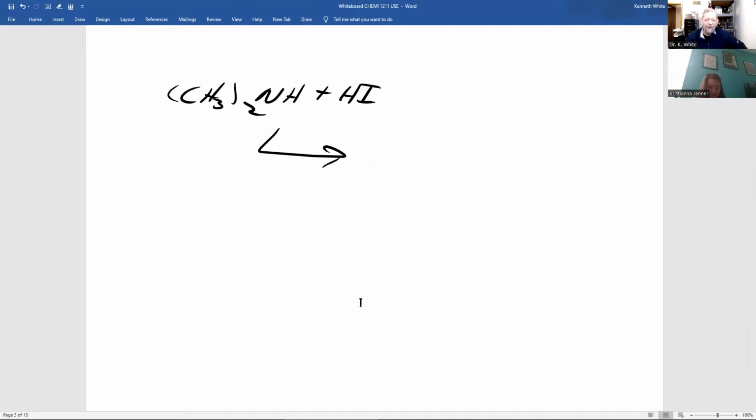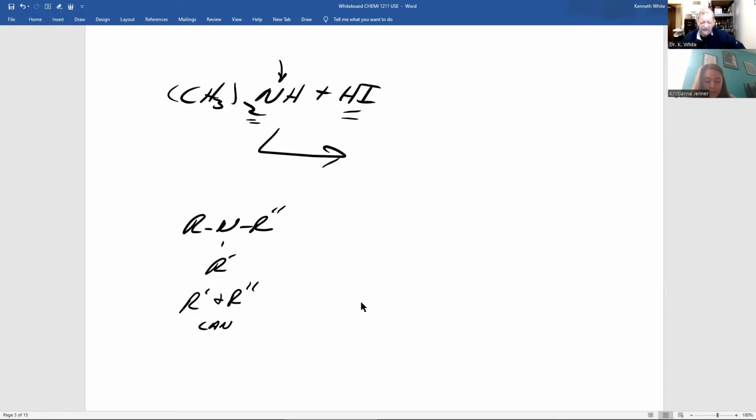And it's my turn. And what's different? What's not carbon? What's not hydrogen? A nitrogen with two R groups on it. This is a secondary amine, but it's an amine which, because I'm reacting with HX, hydrogen iodide is an acid, I'll write it this way, where R prime and R double prime, one or both, can be hydrogen. In this case, I'll call the methyl groups, two of them, R and R prime, and the hydrogen R